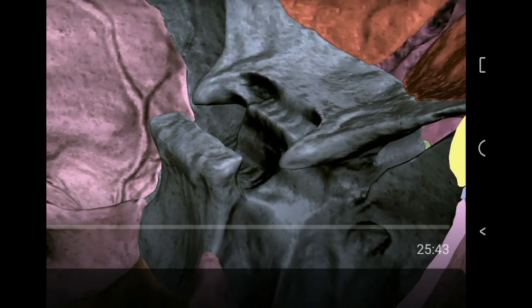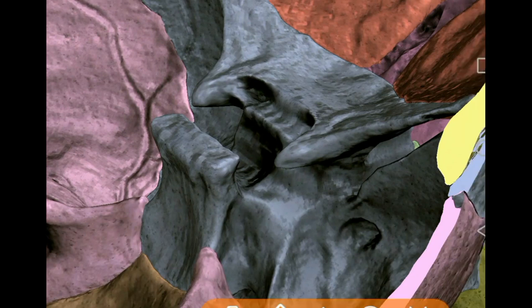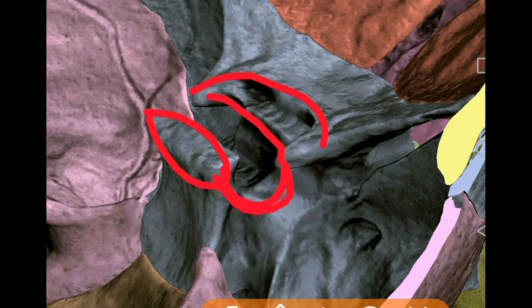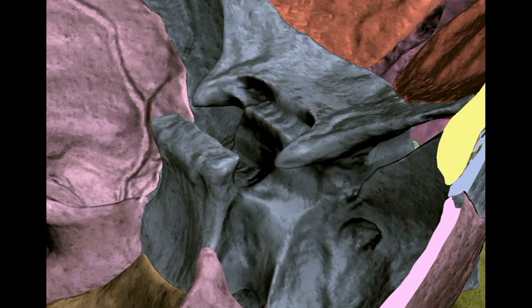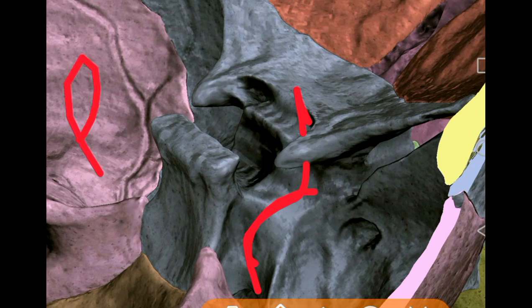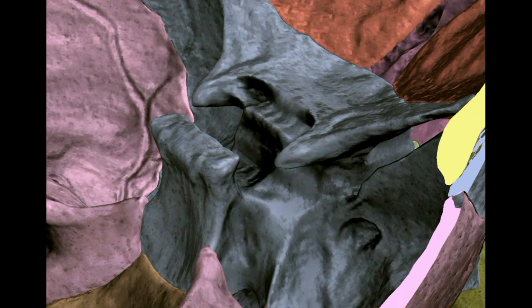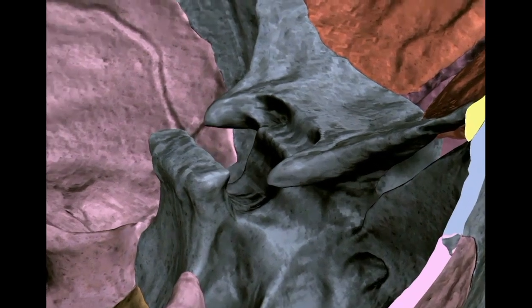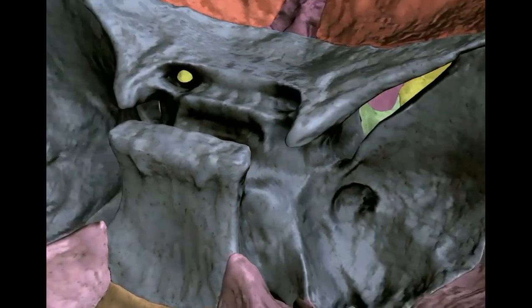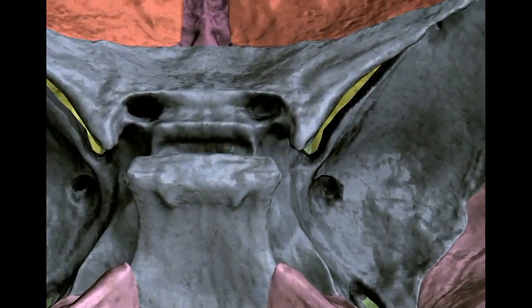So what are the parts you see here in the median part of the middle cranial fossa? Sulcus chiasmaticus, tuberculum sellae, dorsum sellae, and this pituitary fossa together form sella turcica, and on either side of the body you will see the carotid groove. So sella turcica, sulcus chiasmaticus, and carotid groove, these three things you will appreciate in the median part of the middle cranial fossa. The carotid groove is like an italic F shape on either side, lodging the internal carotid artery or carotid siphon, which is passing through the cavernous sinus there.